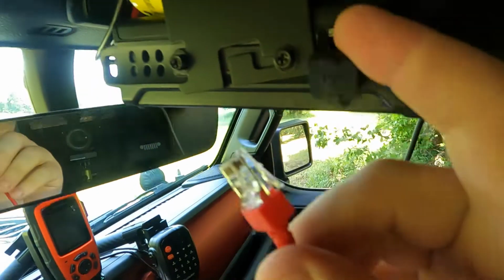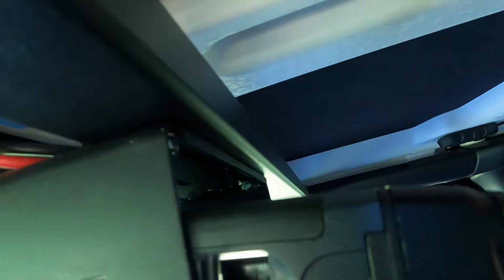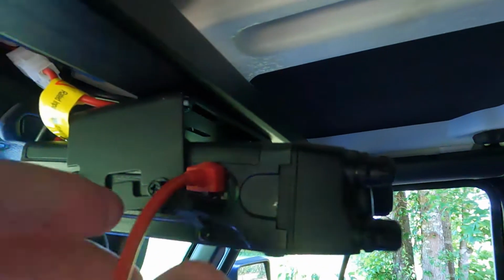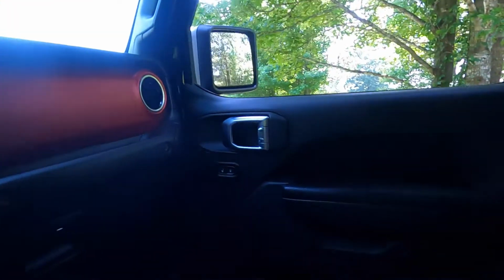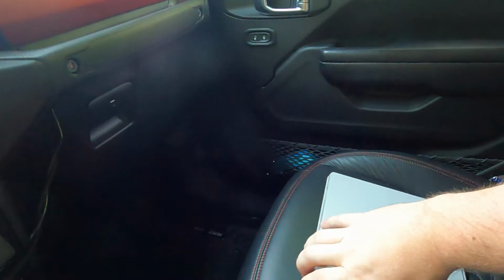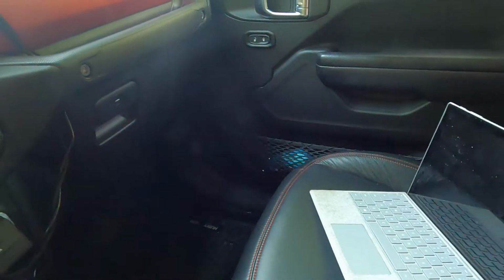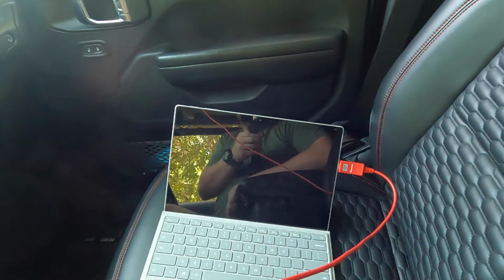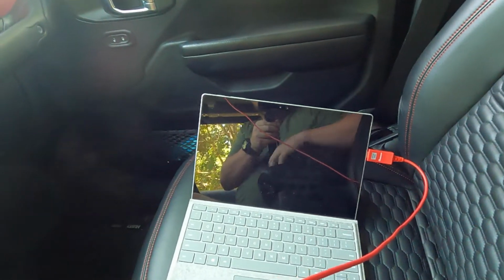So what we're going to do is basically just take this cable, try to do this one-handed here, and plug it in to the radio. It clicks in, and then we've got slack down here so that we can get the laptop, or the tablet rather, this is a tablet, booted up with the USB cable hooked into it. It's going to look something like that,